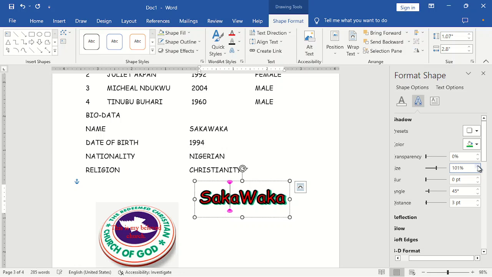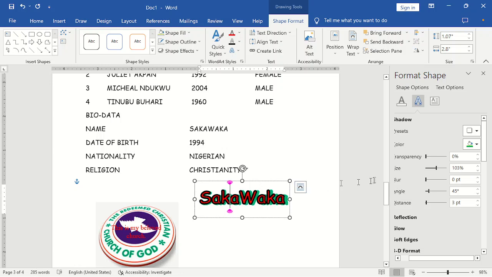You see it's becoming bigger because I keep on increasing the size, right? But that is too big. So the 103 is big. Now you can see the red is the Word Art fill, the black is the outline, this green is the